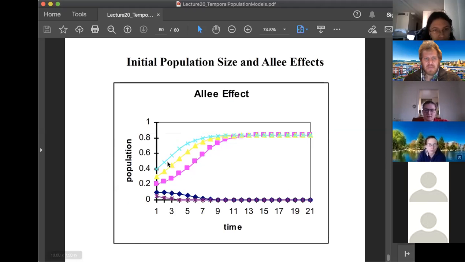All right, as we change initial population sizes, those have effects on what the population actually does. When you have an Allee effect, if you have a small population size, it's likely that your population is going to go extinct. If you have a big population size, that helps out a lot with that initial population. So when we're thinking about reintroduction efforts, we can develop these types of models to identify how many animals we should relocate to have a stable population or increasing population. Because if we don't get that increase, the population could just blink out